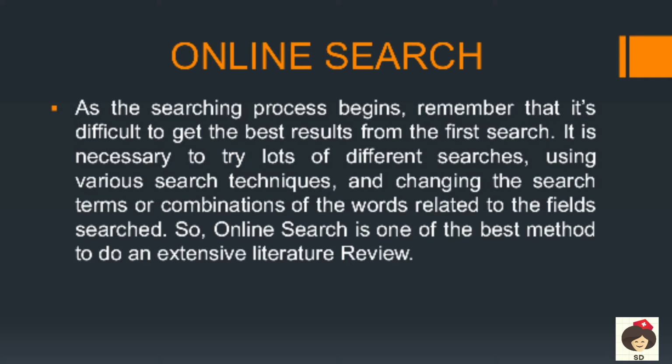Okay, online search. As the search process begins, we must keep on searching in a different way in order to identify sufficient information regarding our study. In the first search, by seeing some books and journals, you may not get sufficient information. So we must proceed to the online search. We have to keep on using so many techniques. You have to use combinations of words related to our study so that we can get information from online.